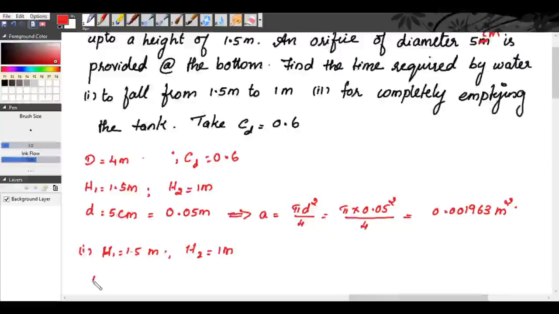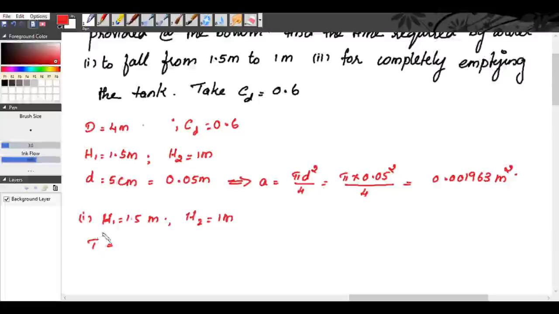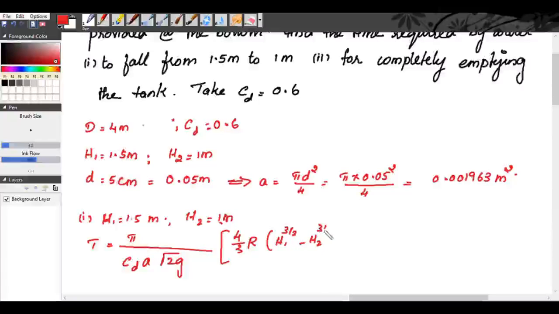So, first case, the formula is T is equal to pi by CD A into root of 2G into [4 by 3 R (H1 raised to 3 by 2 minus H2 raised to 3 by 2) minus 2 by 5 (H1 raised to 5 by 2 minus H2 raised to 5 by 2)]. So substitute the values, we get time T is equal to